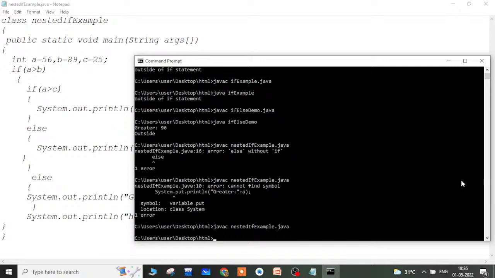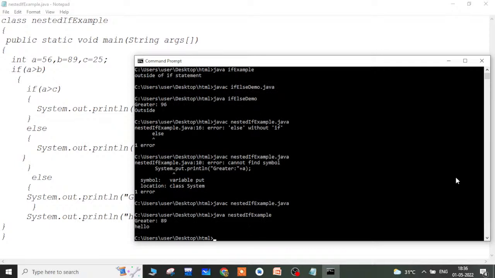So now see, here I need to give Java nested if example. So it will show me that 89 is greater. So we know 89 is greater. Now you can see these two conditions: